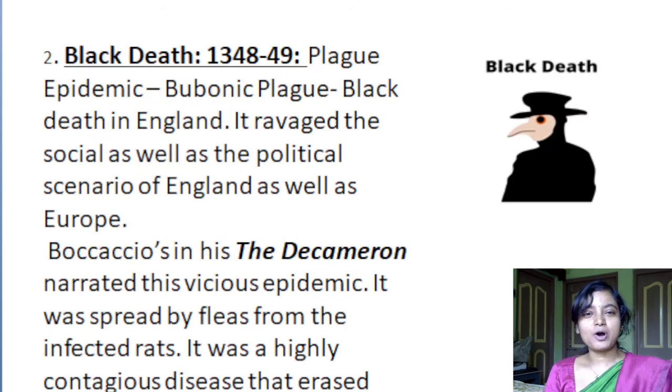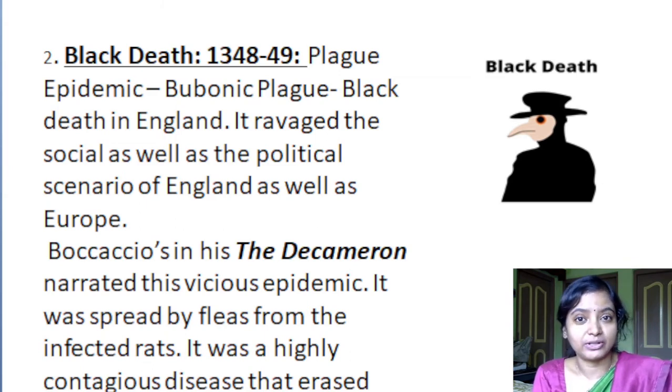The next important incident that shook medieval Europe as well as England is the Black Death, 1348 to 49. It is a plague epidemic, bubonic plague, the Black Death in England. It ravaged the social as well as the political scenario of England as well as the whole of Europe. And it is very important to note down that Boccaccio in his The Decameron